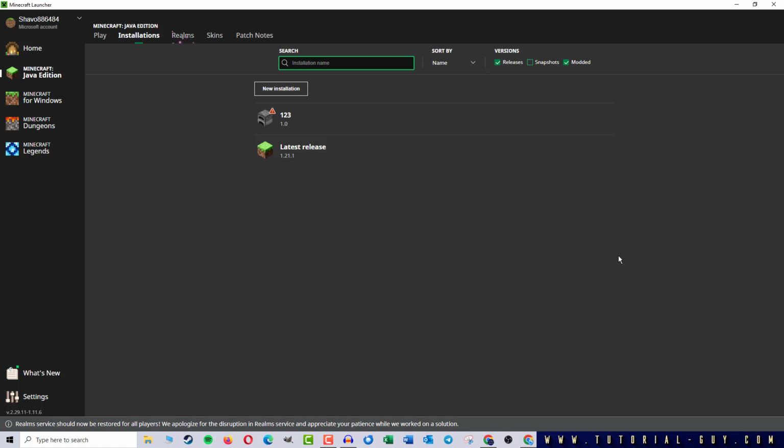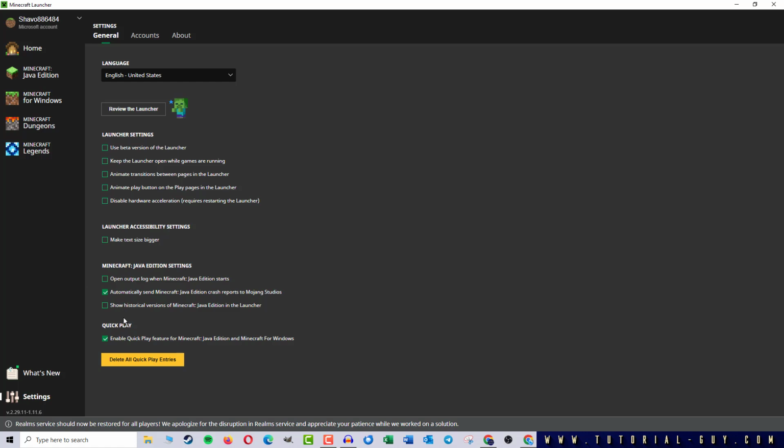But as I told you in the beginning, we are not only able to play post-release versions, but also alpha and beta versions. However, they were not included in the list, so where can I find them? First we have to go to Settings and check the box Show historical versions of Minecraft for Java Edition in the launcher. And now we go the same way, Java Edition,